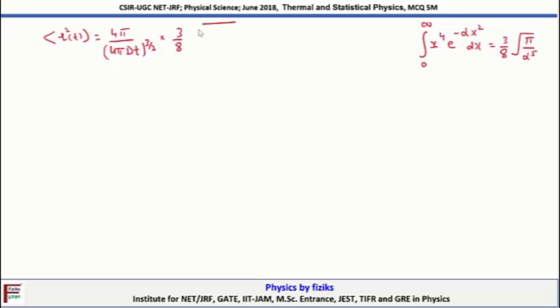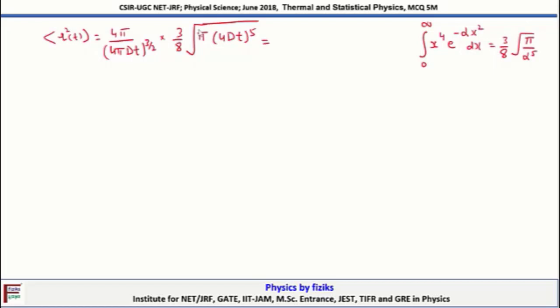So this is under root pi divided by alpha power 5. Alpha is 1 by 4Dt, so that means (4Dt) power 5. After solving all these values, at the end we will be left with,